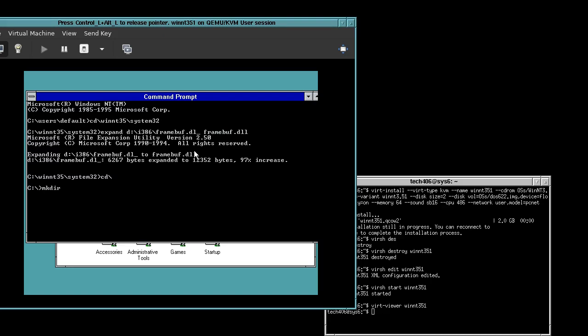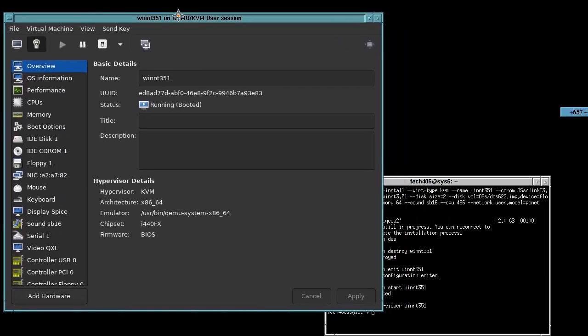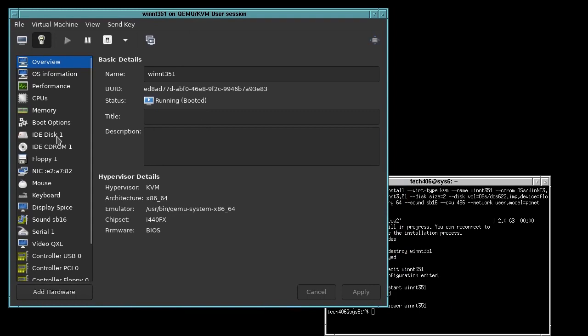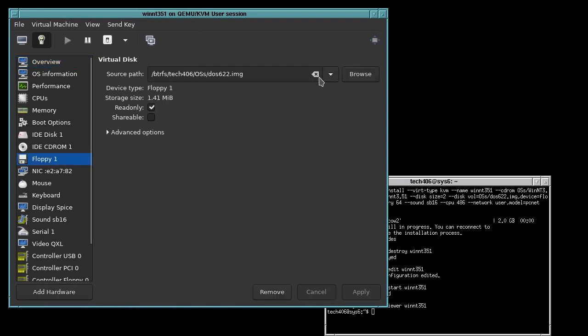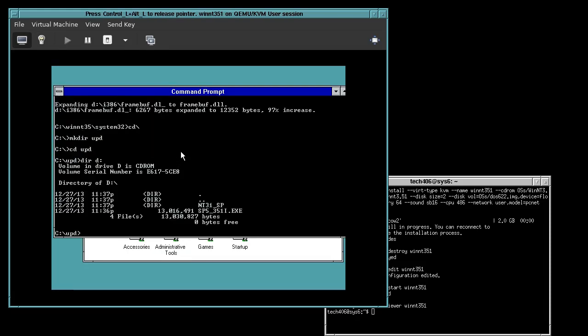Now we go c/mkdir upd. This is for the update files. So now we have to go over here. Make sure you guys can see everything. Okay, so we're going to go to the floppy. We're going to eject that disk, and we're going to put in the SP service pack disk, and then go here. And now we'll do a quick dir d and go d